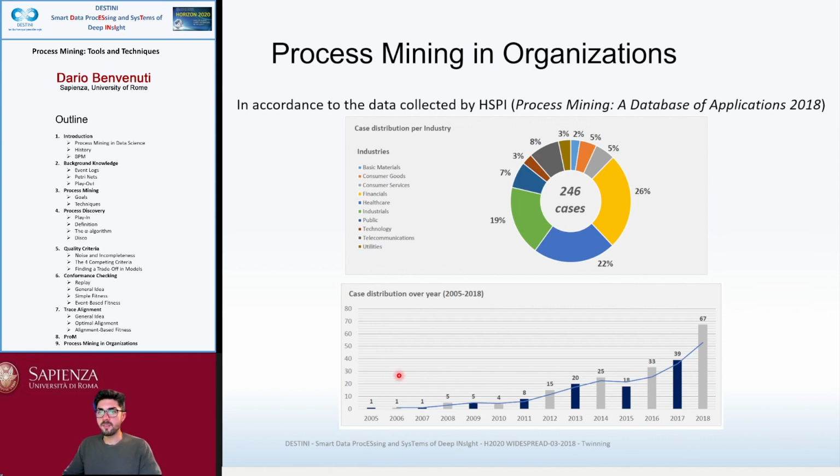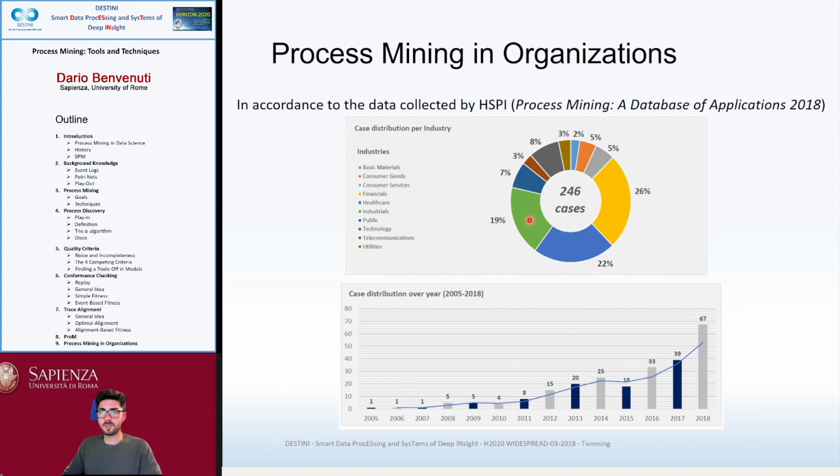And that's something that is highlighted even by these two graphs, which have data collected by HSPI. In particular, the histogram shows us how the case distribution of organizations that are applying process mining is exponentially increasing over the years.